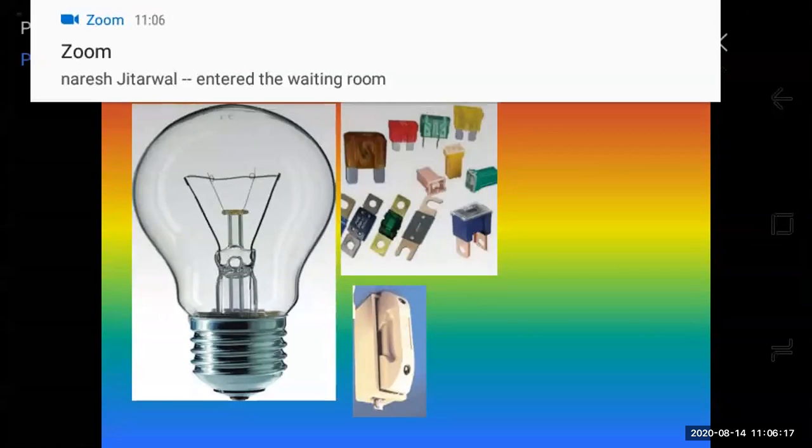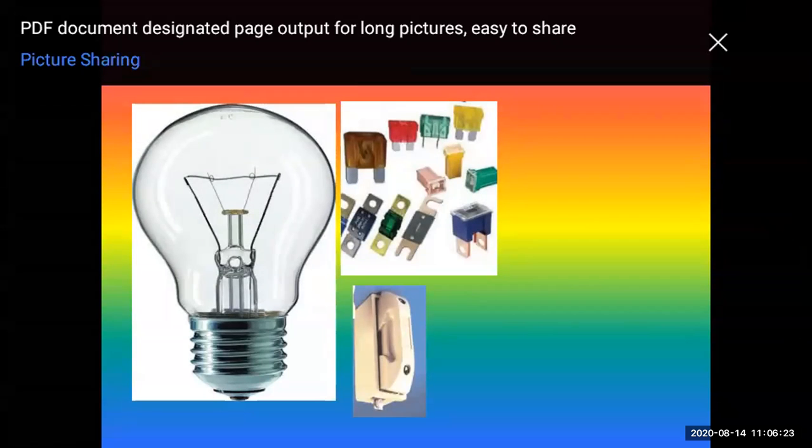You might have heard of short circuit. What is short circuit, students? Several times we hear or read that a building is catching fire because of short circuit. Okay. Sometimes if we switch on equipment in our house, the electric fuse wire melts, right? And the electric supply will shut down.